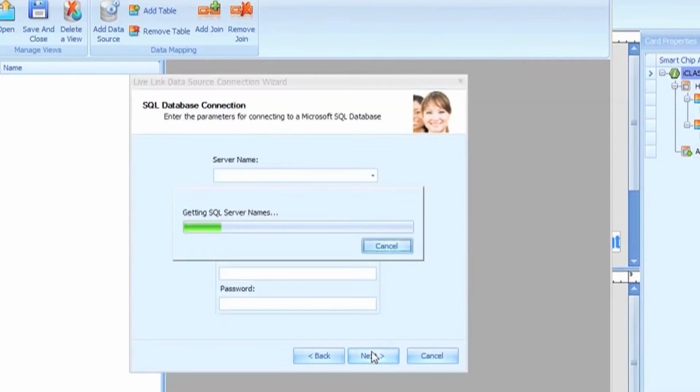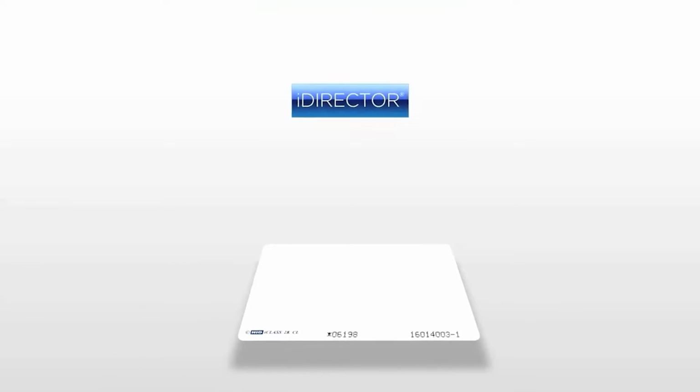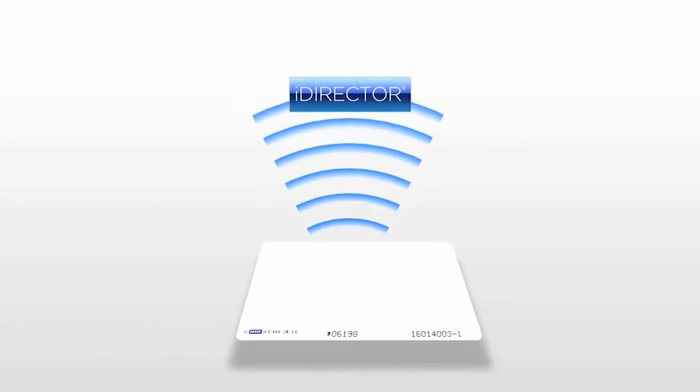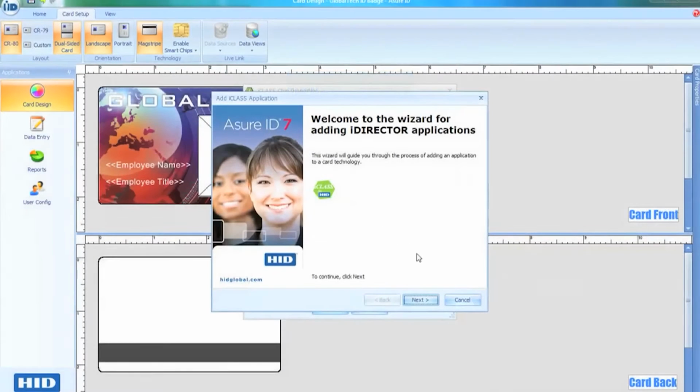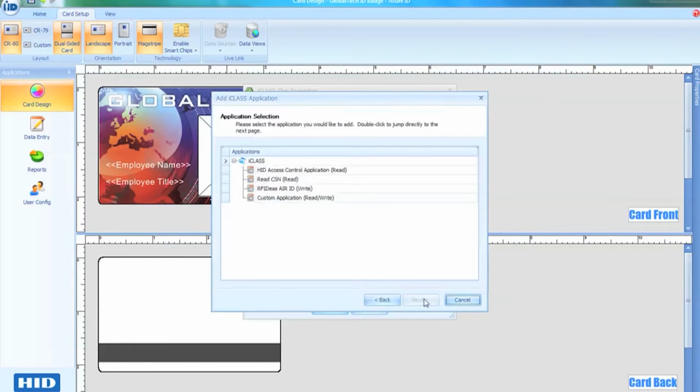Asure ID7 can even simplify the complex production of smart cards. The iDirector component lets you read, encode, and print smart cards, all in one easy-to-manage operation. At the printer's encoding station, the improved iDirector module can facilitate the reading and writing of data to a smart